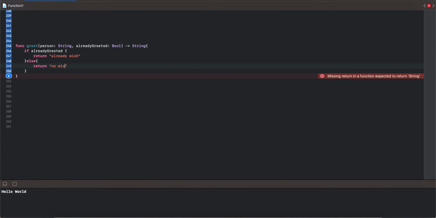This is a string, and our function is complete.